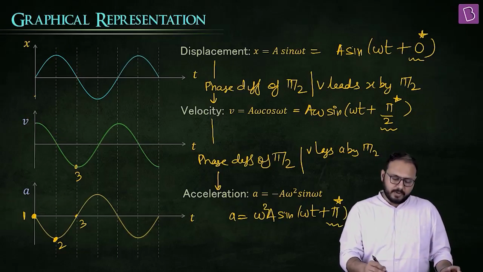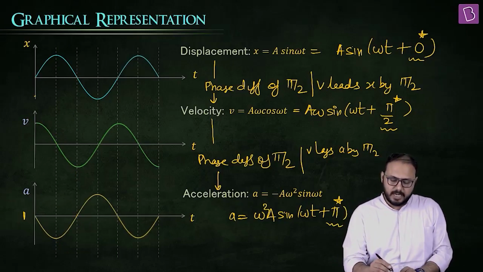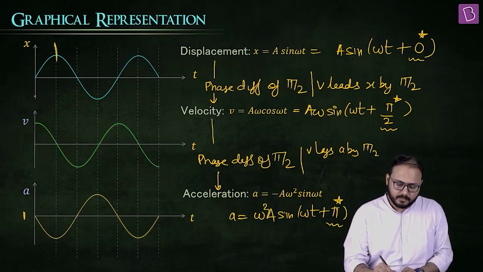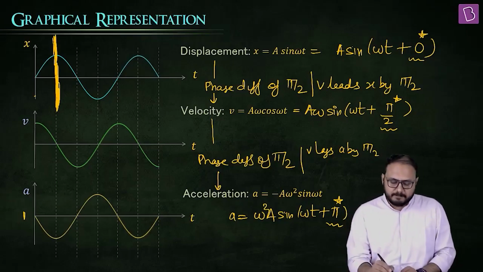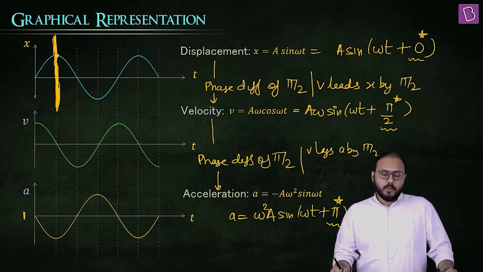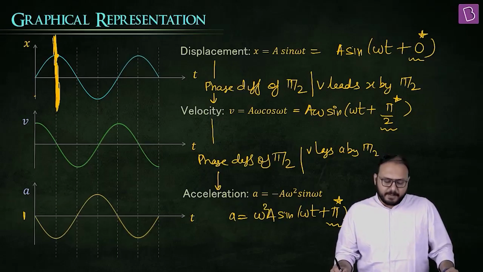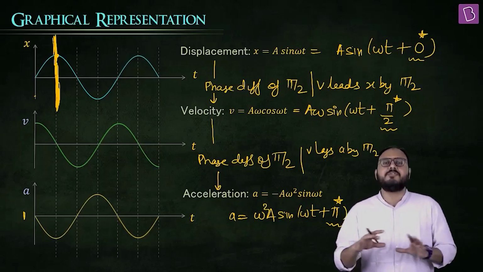Yes, sir, blow our mind right now. I'm going to draw a line. Can you see that line? Yes, sir, we can see that line. Isn't the graph of velocity nothing but starting from the right side of this line? Yes, we get it, sir. Did you get that part or not? So you mean to say plus pi by 2 means as if somebody shifted the graph.